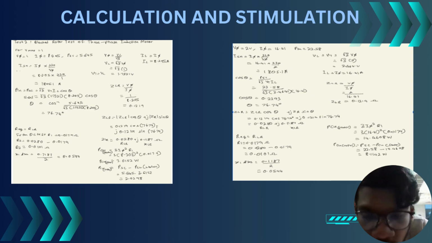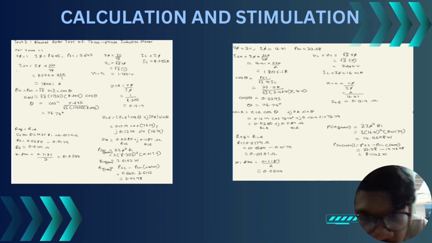So now we're going to find the power for the stator. The formula is 3 I phase square times R1. We already have R1, and then we substitute the value, we will get 3.6152 watt. And then for the rotor, PCU rotor equals PCU minus PCU stator. Just now we calculated 3.6152, so we just substitute the value, and then we will get